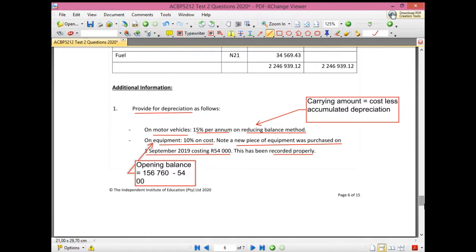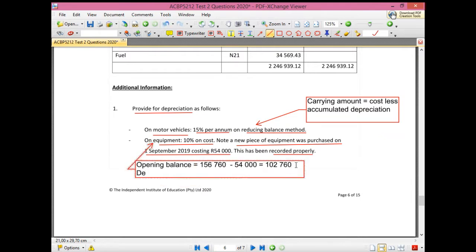So we need to remove the new equipment from that amount to work out what is the actual cost of the equipment before we added the new equipment to it. Because this amount would be depreciated for a full 12 months, whereas your 54,000